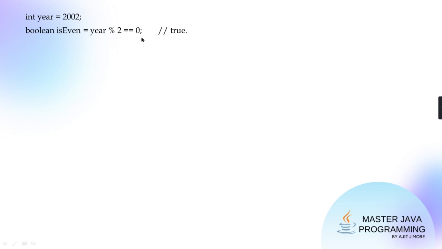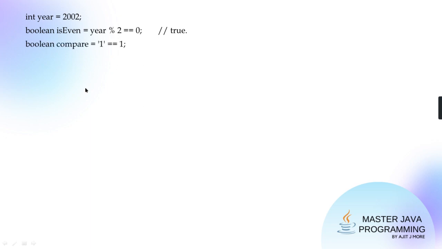Now it will compare 0 with 0. The remainder is 0 because this is an even number and you're dividing by 2. Is 0 equal to 0? Yes, and therefore the answer comes true and it is stored in the Boolean variable as true. But tell me, were any promotions applied? No, because the answer is integer and this is already integer. Both are already promoted values.